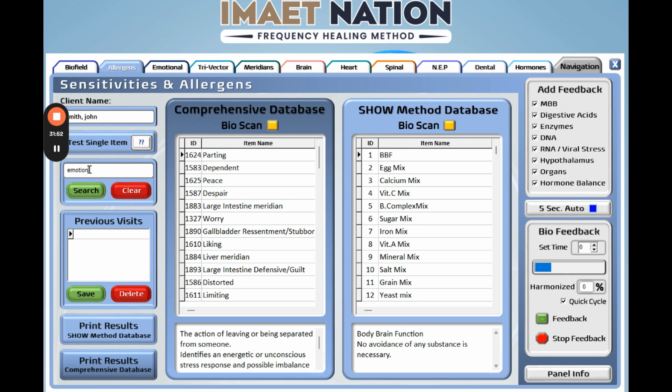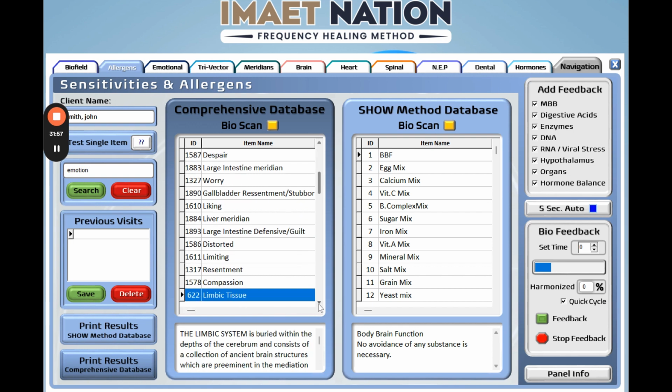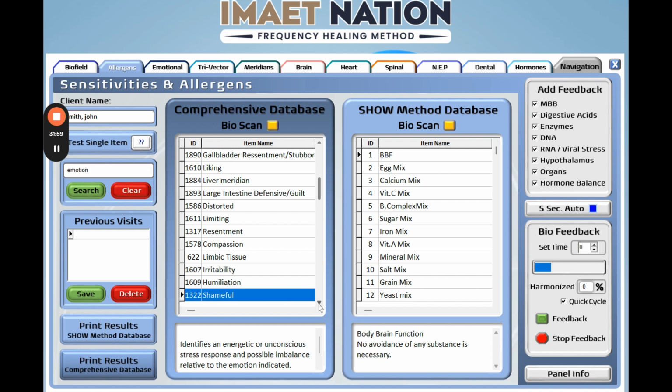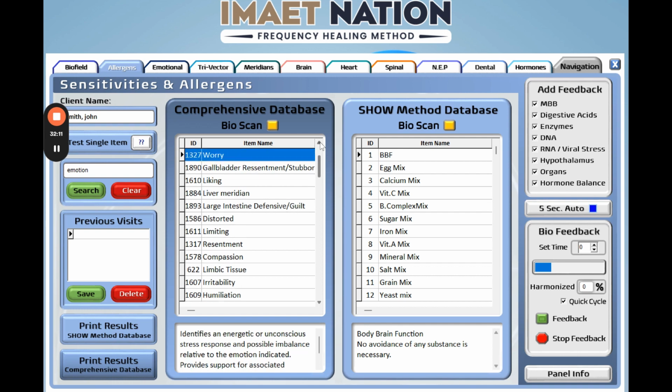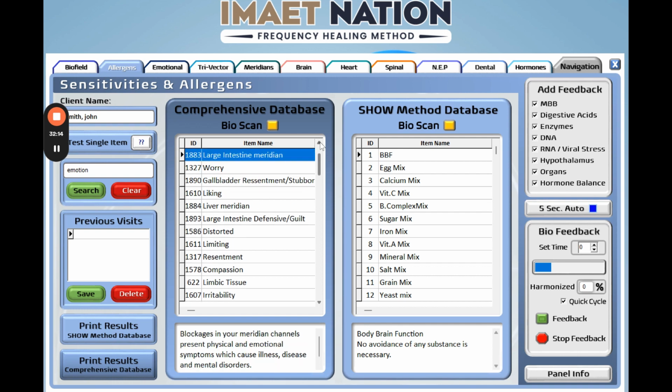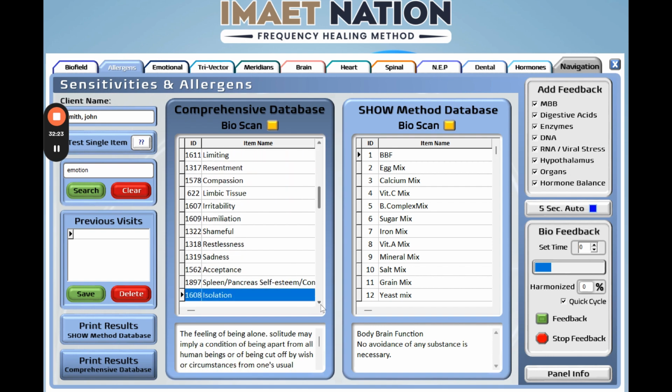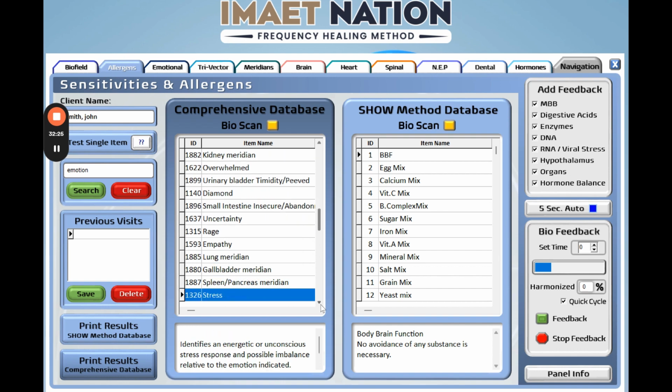You can search emotions. And again, you can test these. We have found that it seems more beneficial to work on the positive emotions versus the negative ones. This is just up for debate. Everybody works through these panels differently. But what many of us are finding is that it's like a balancing mechanism. If you've got something like rage that's high, and you've got something like happiness that's low, or acceptance, or joy,